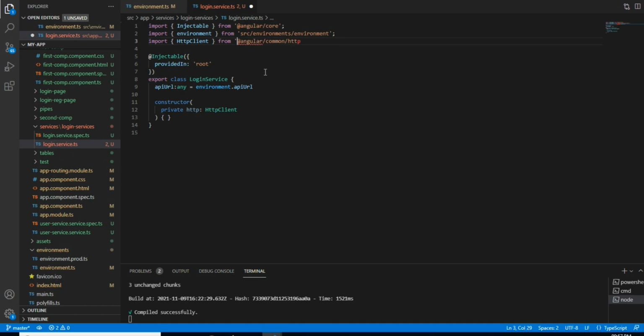Right, now I need to give HTTP options of any. Okay, it will be useful later.